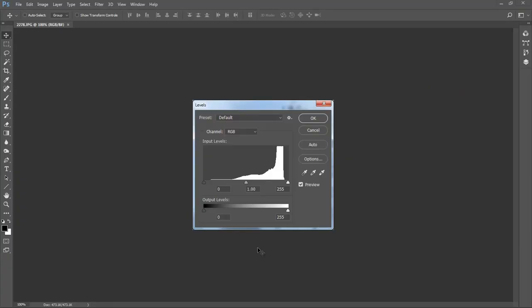Here's another histogram where the information is telling us that there's an awful lot of white tones within this image. And again, a little bit of a discrepancy on the left hand side with the black tones. But we've got a bit of a peak here that seems to be cut off. So let's take a look at the image, and I don't think this is going to be much of a